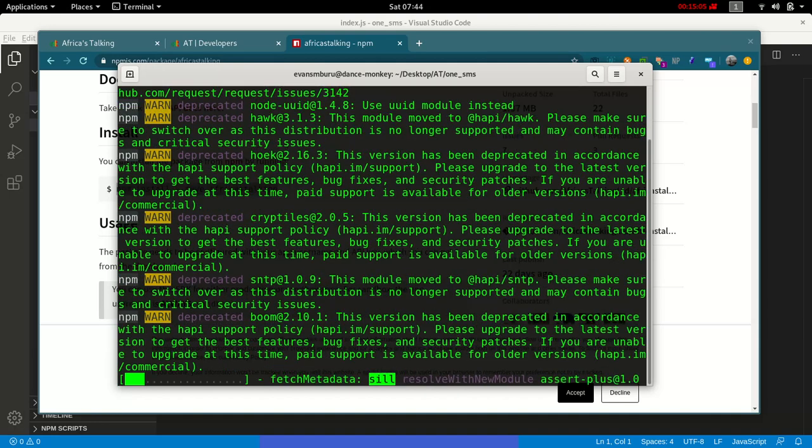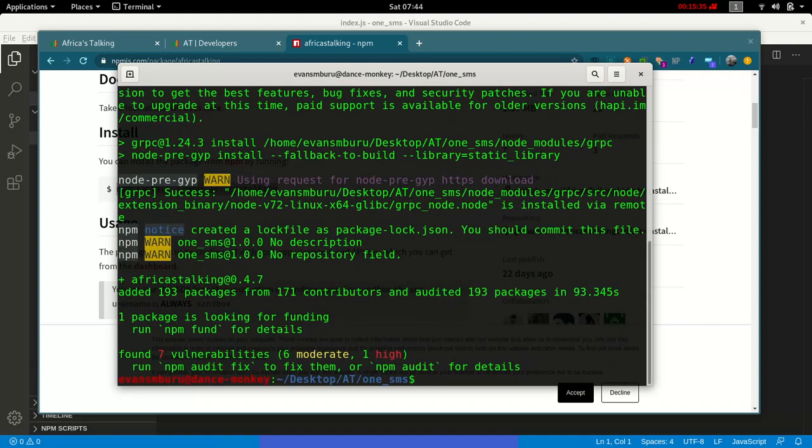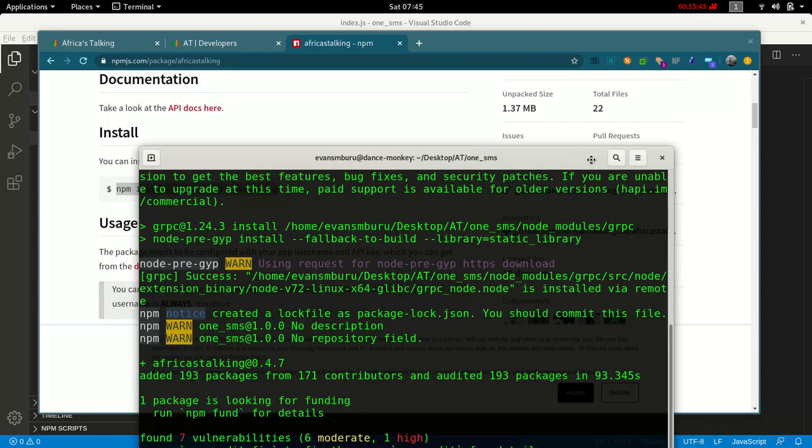So as it downloads, it will take a minute. I should have paused the video, but anyway. I'll also show you guys how to send one SMS to multiple people, like a bulk SMS. So don't worry about that, guys, I'll show you. So basically after that,